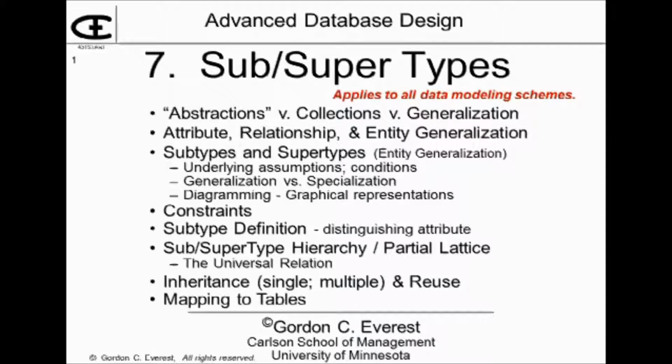Part of the reason why it's so relevant is because it applies not only to object role modeling, but it applies equally well to relational modeling or ER modeling or UML or object modeling, whatever it happens to be. We'll talk first about the notion of abstractions, collections, and generalization. We'll talk about three different kinds of generalization, and then entity generalization, which is called subtype supertypes. And we'll talk about the assumptions and diagramming methods and so on. Then constraints on a subtype supertype relationship, the definition of the subtype, which defines what is allowed to appear in a subtype population. Talk about the notion of the hierarchy,